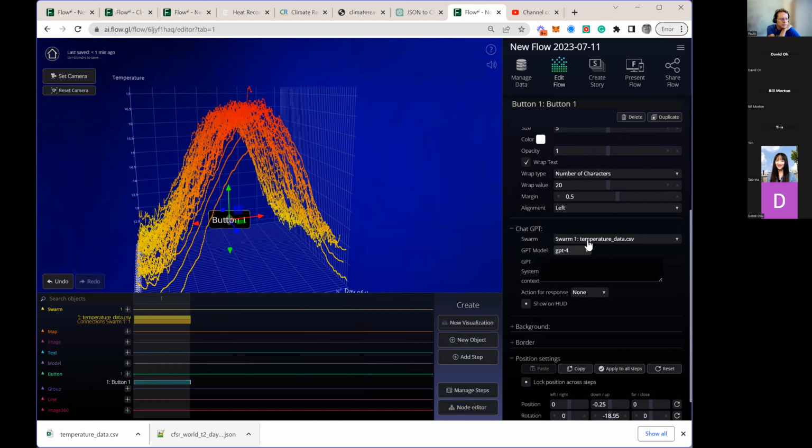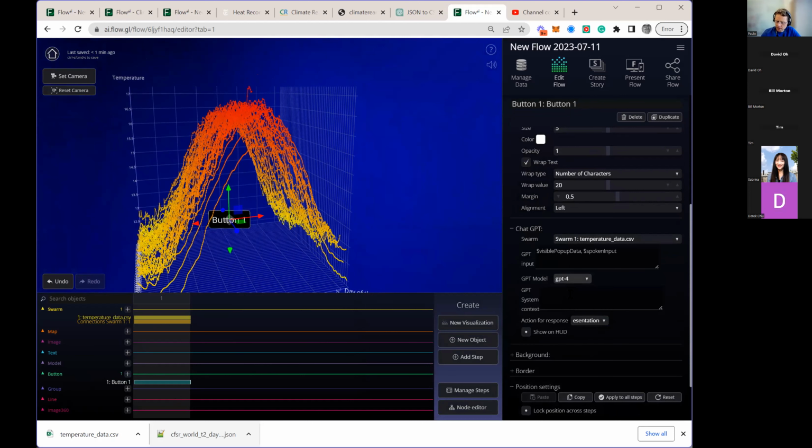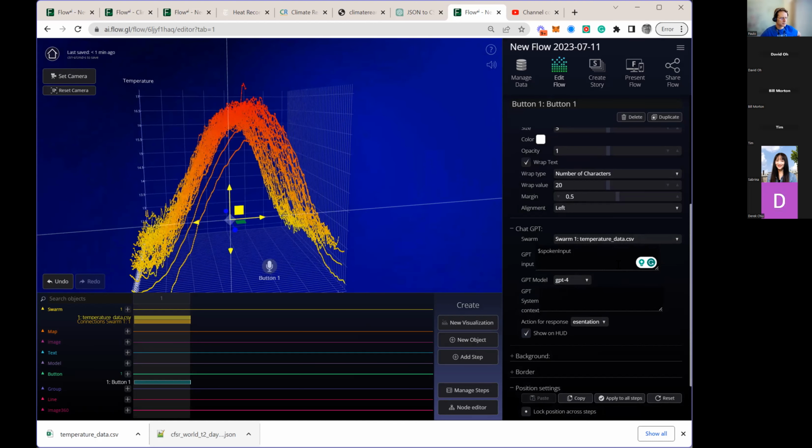I'm going to use GPT-4. And what I would like it to do is I'm going to edit the presentation. Forgive the little weird bit there. It's going to put a couple of variables into the environment to know what to do. These variables will either get data out of whatever's been clicked on, or just the data or the information that you speak. So, and I know I'm moving a little bit fast there, but basically I've created this button which